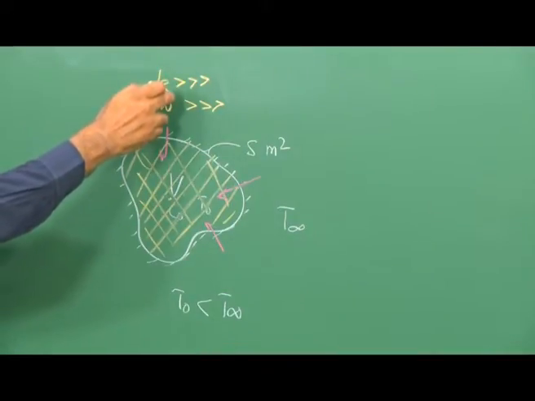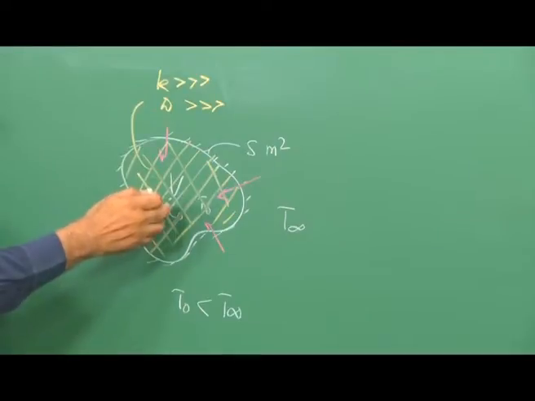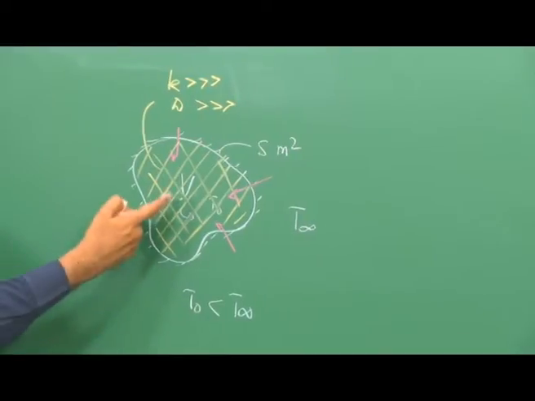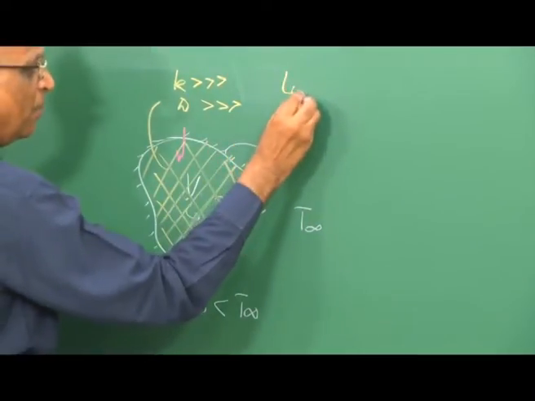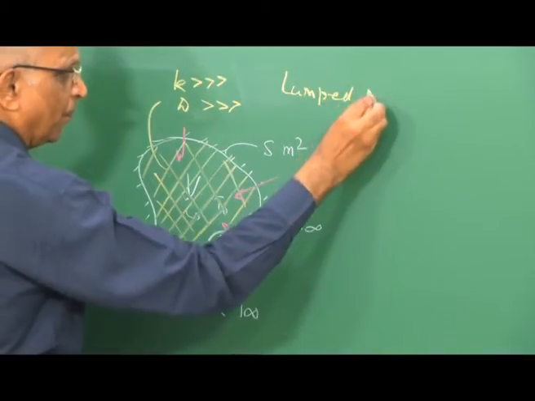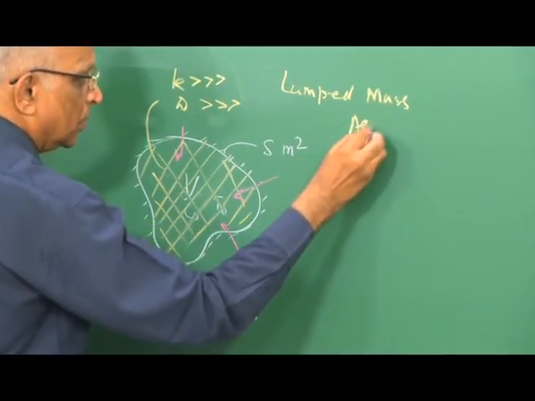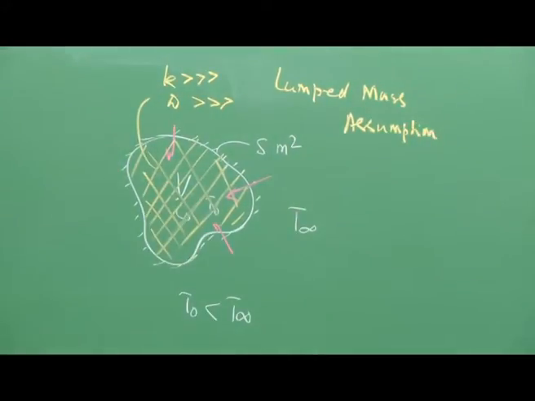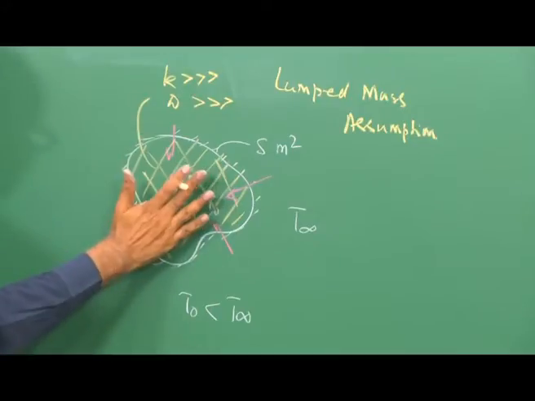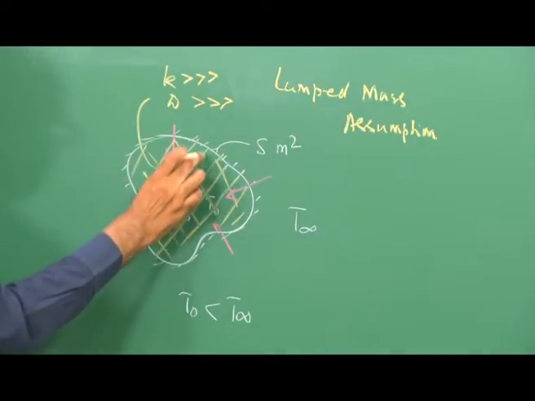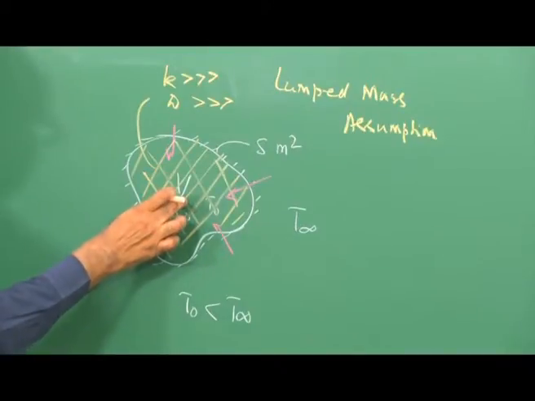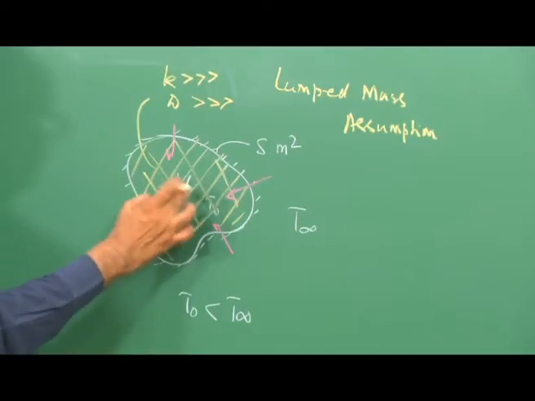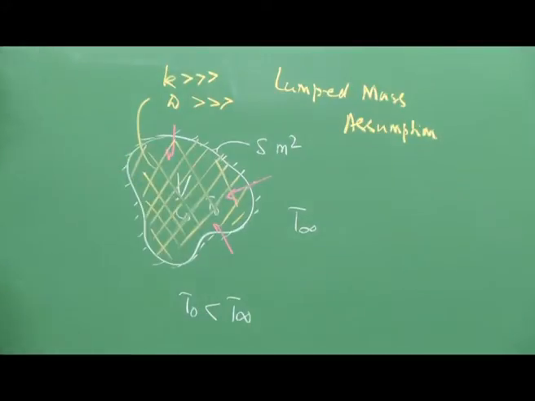Or rather, a particular point in this volume is representative of the total volume, and this assumption of infinitely large thermal conductivity and infinitely large diffusivity says, well, I can represent the entire volume through one particular property, and such an assumption is known as lumped mass system or lumped mass assumption. That means, we tell ourselves whatever we do, if there is a change in temperature, well, it affects throughout the volume. It is not that the temperature gets affected here, the temperature is not getting affected here. We also say the concentration is changing throughout the volume at any time t, well, it is a uniform property.